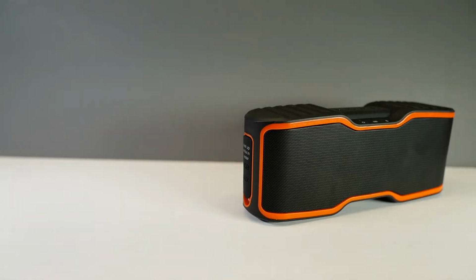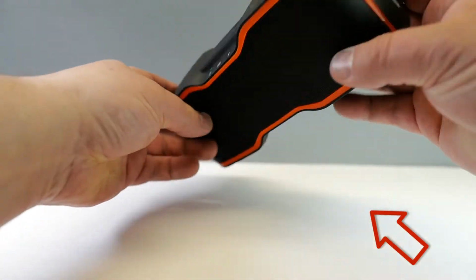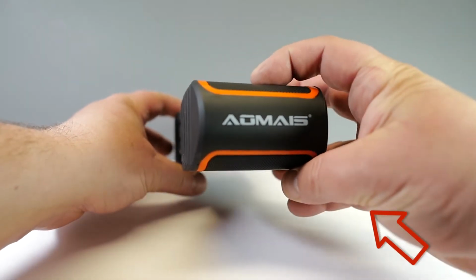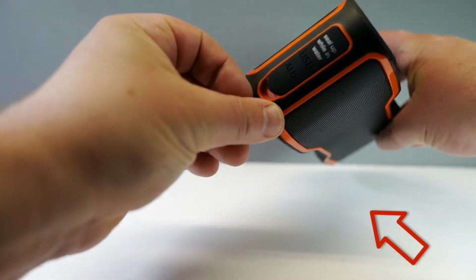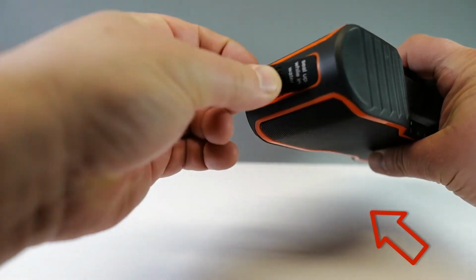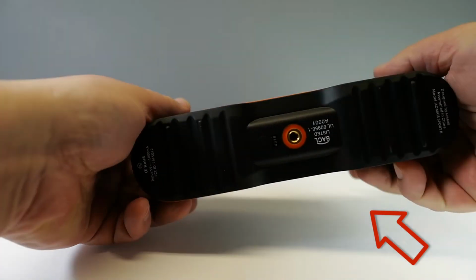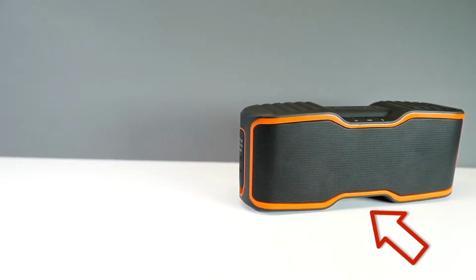Let's play this. In the background, I'm starting it. And what I wanted to do was to do a review of this speaker here. Right, this company is AOMAIS. I wanted to review this. But then I turned it on and I listened to it. So I decided I want to do